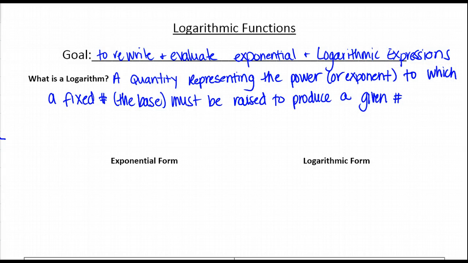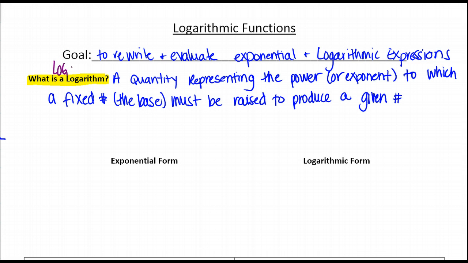Hi everybody, today's lesson is about logarithmic functions. So you might need to pause to write this down, but our goal today is to rewrite and evaluate exponential and logarithmic expressions. So you're asking yourself, I bet, what are you talking about? What is a logarithm? Well, a log, we call it a log for short, L-O-G,